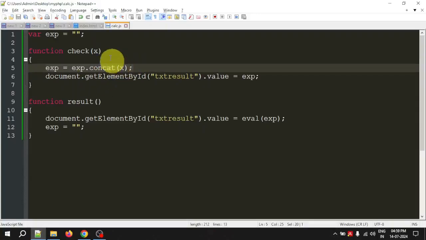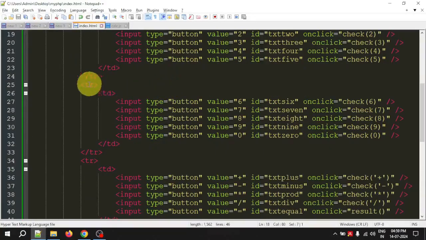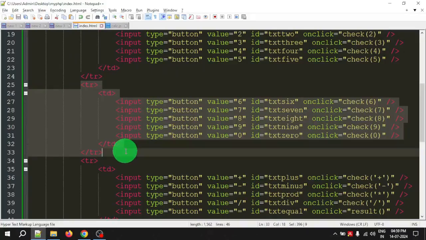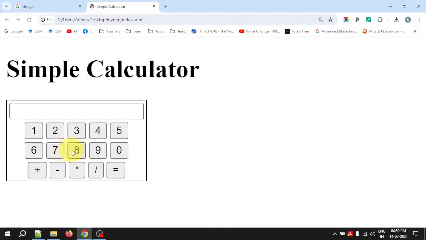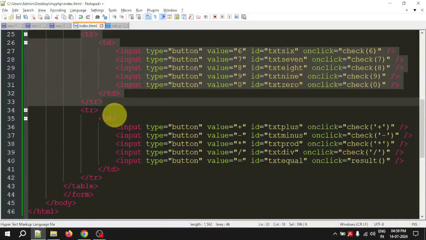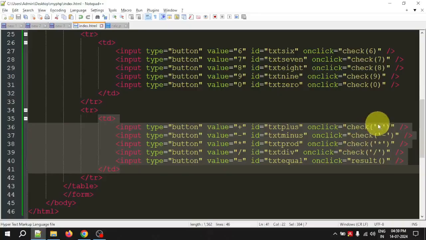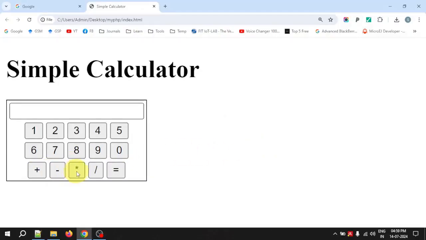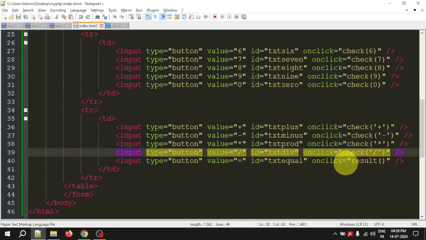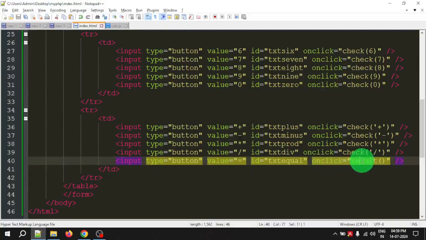I will explain this later. Right, and similarly, say another row which is creating 5 more buttons. These are 6, 7, 8, 9, 0. And similarly, the last row, which is again creating 5 more buttons: plus, minus, star, divided by, and equal to. So if you see here, for equal, the button which is displaying the equal symbol,